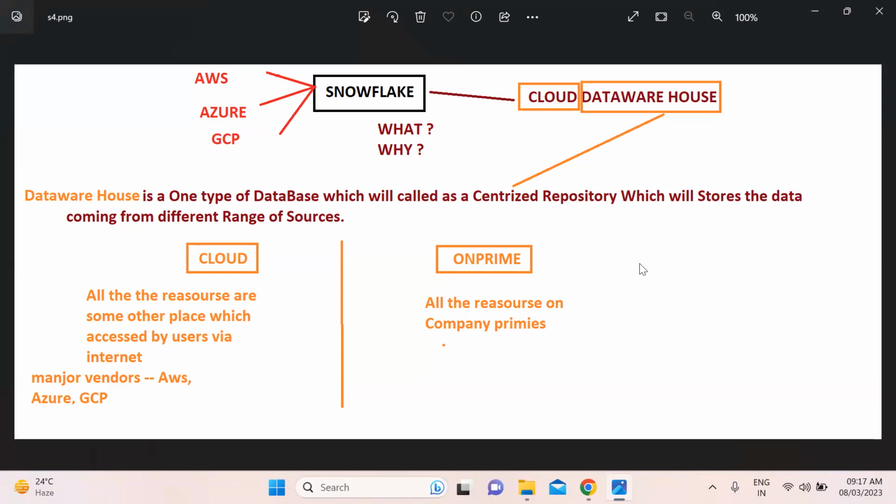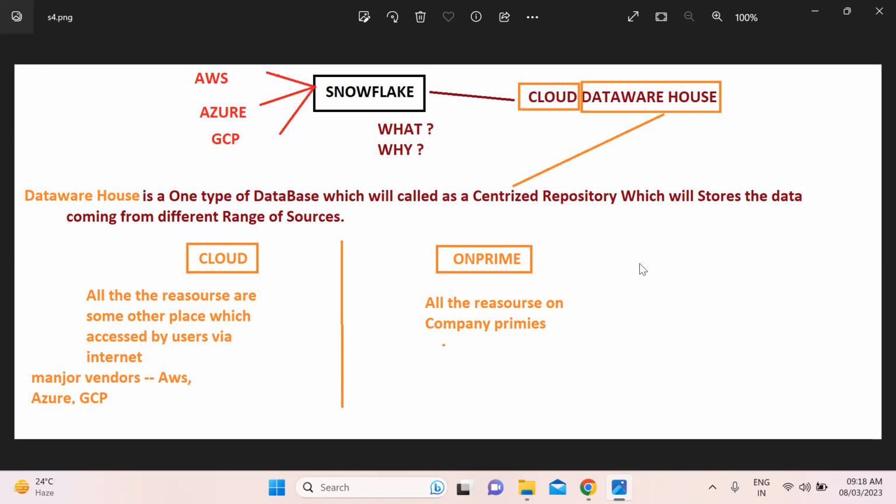There are multiple products in the data warehouse. Even a database can be used as a data warehouse. Like Microsoft SQL database is also available, and you can use your database as a data warehouse. But a data warehouse is exclusively used to maintain huge and bulk data, and for that, you need huge and bulk storage.